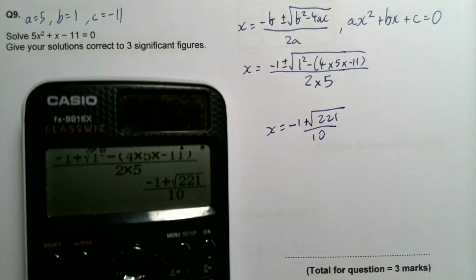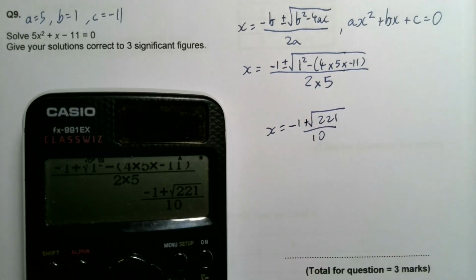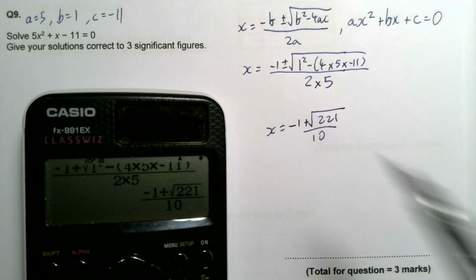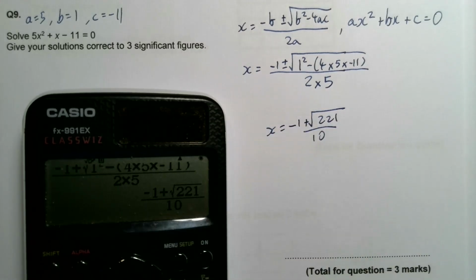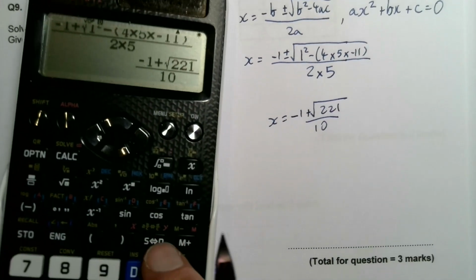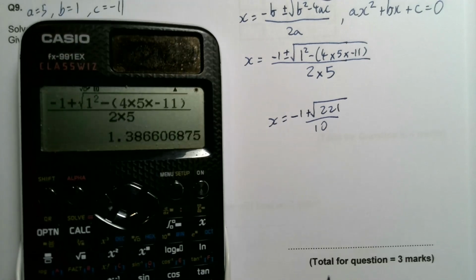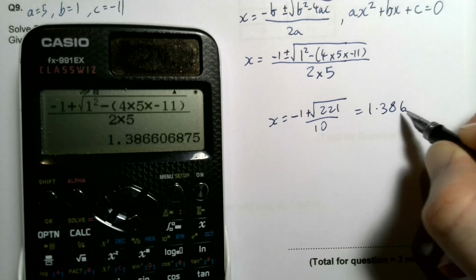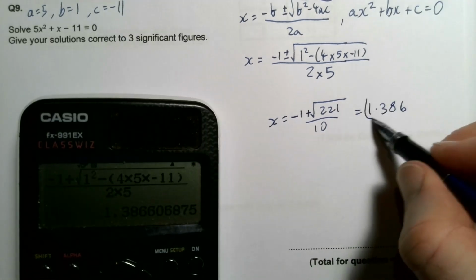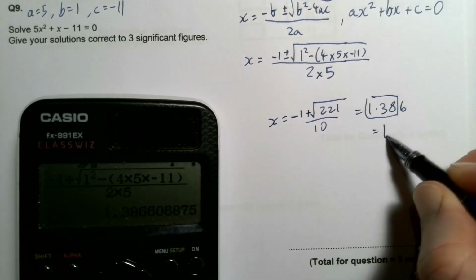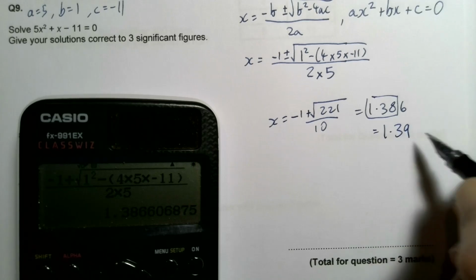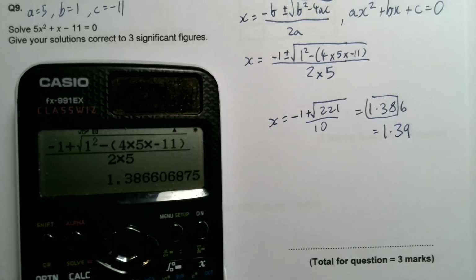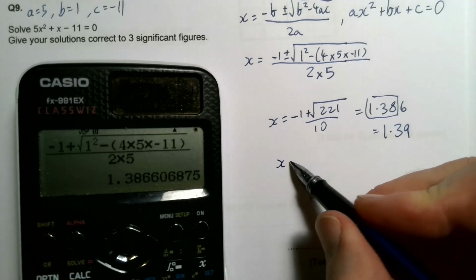but we don't want it as the exact form. If it said exact form, that would be your answer. But it says here, correct 3 significant figures. So if you press S to D, you get 1.386. That's got 4 figures in it that I've copied down, and then I say, right, that's going to be 1.39. But there are 2 answers, because it could also be